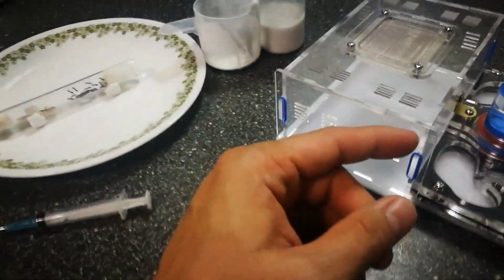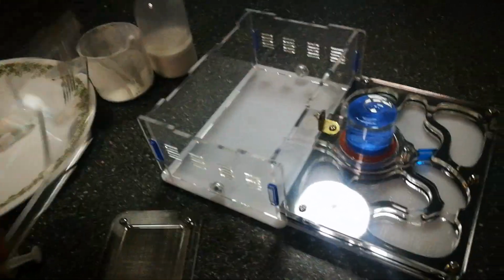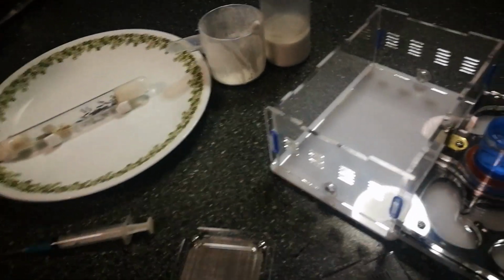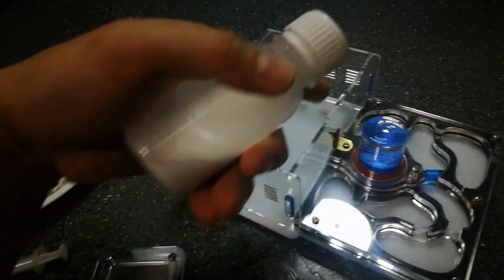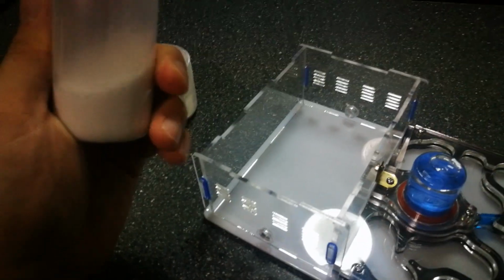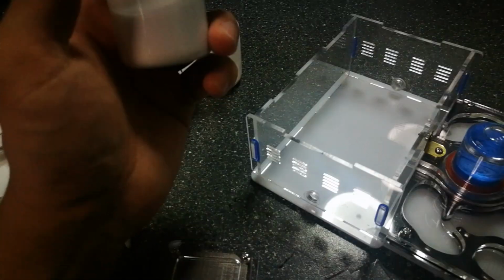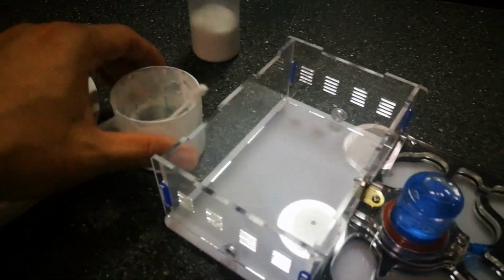Next thing you need to do is to put a barrier at the top here. This is the opening where you can open and also feed the ants. There's also a bigger opening here, but you need to have a barrier, and usually ant keepers will use powder for this. You mix powder with alcohol and you put it on. So when the alcohol dries up, the powder sticks on. You cannot use water. Once you put water, the powder doesn't stick, it breaks off, and the ants will climb out. Okay, so